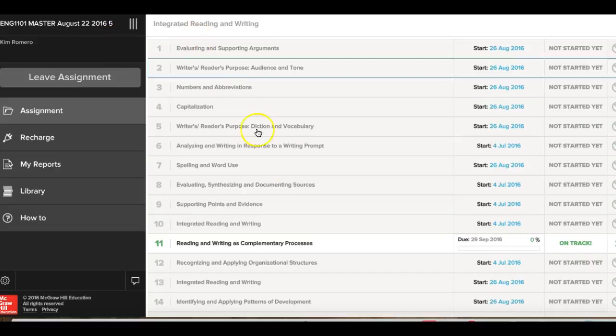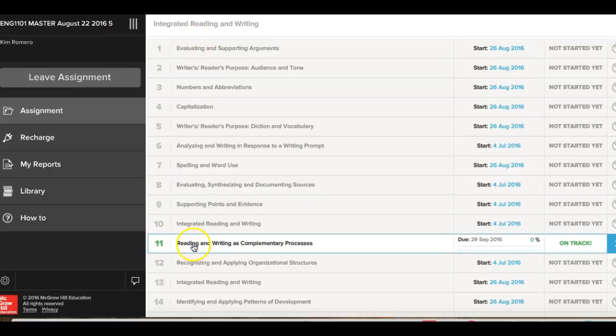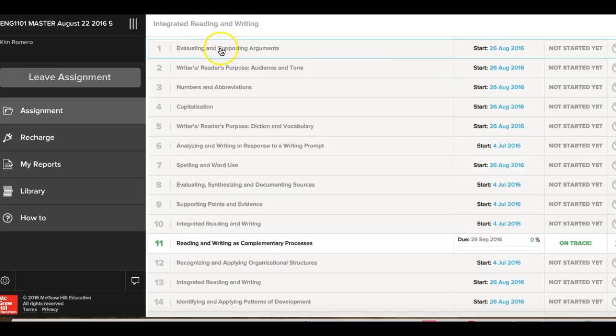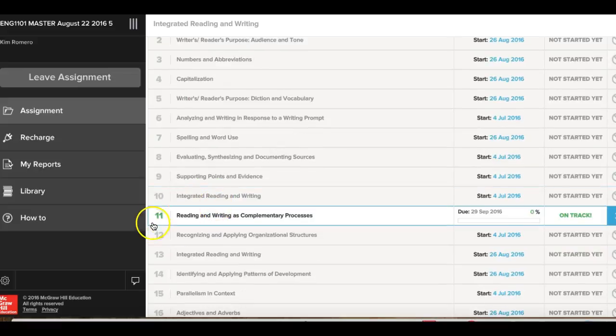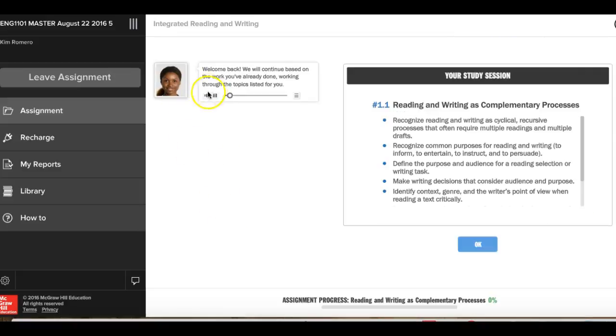Okay, once this opens, you will notice that the title that you clicked on is in bold and highlighted. The others you will get to at different points in the course, but right now you want to go specifically to the one that you clicked on, and you want to click on that. And this is going to open the lesson. This young lady here will read to you. If you don't want her to read to you, you can click the mute button and you can just read